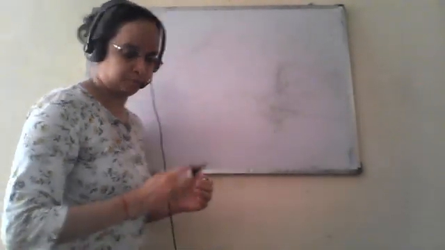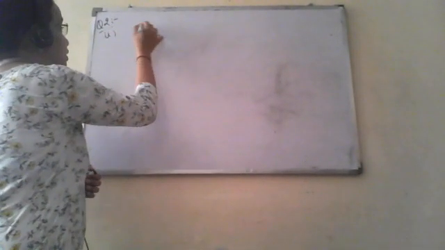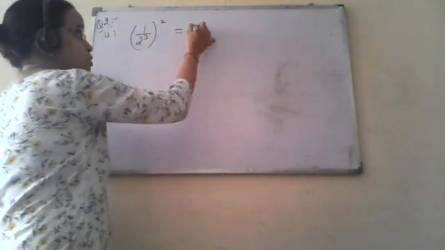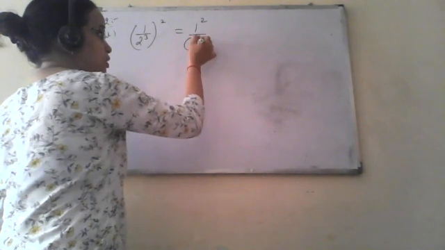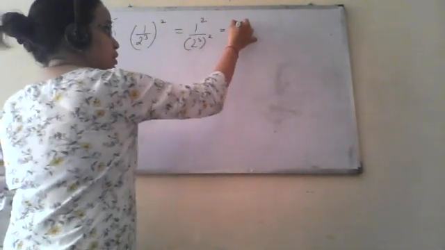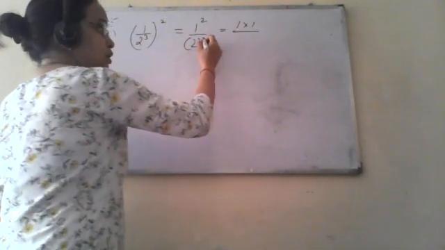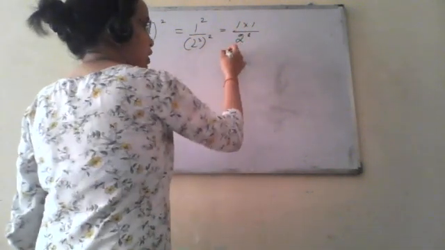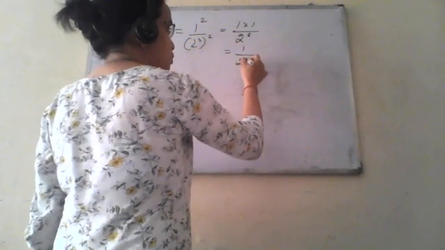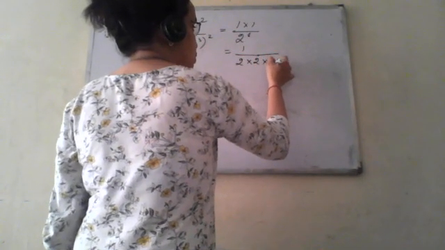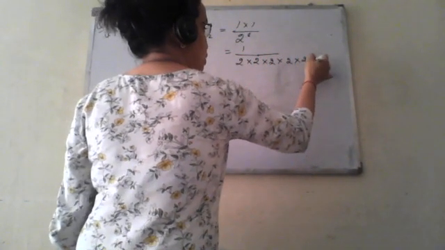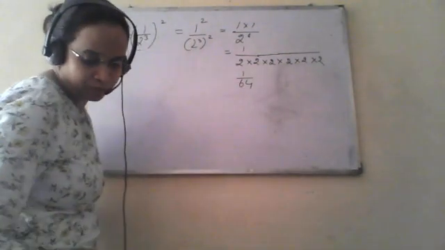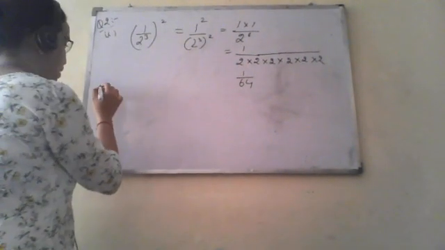now the second part, that is 1 upon 2 to the power 3, whole raised to the power 2. Now it can be written as 1 to the power 2 and 2 to the power 3 whole to the power 2. It is 1 into 1, and it will be 2 into 3. It is 2 to the power 6, as I have explained in laws of exponents. It will remain 1, and 2 to the power 6 will be 2 into 2 into 2 into 2 into 2 into 2. So it will be 1 upon 64. Clear?